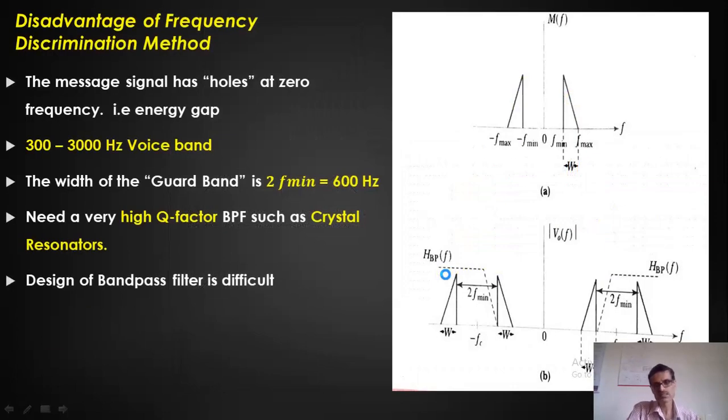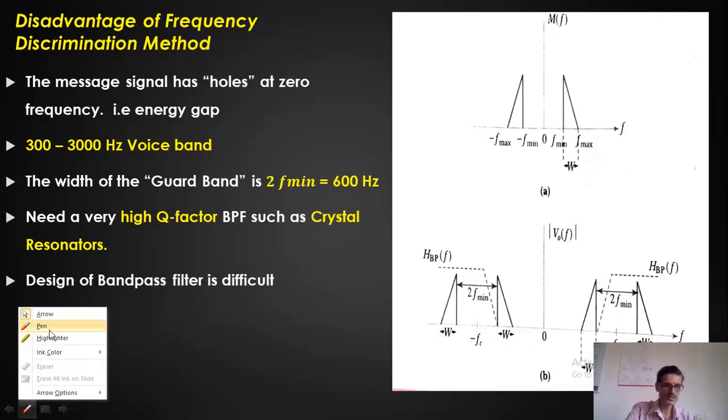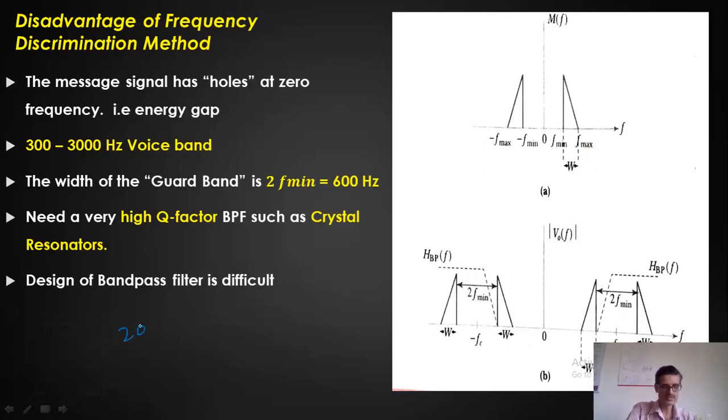Now we will understand this concept in another way. In this case, I have considered my speech signal, or say the message signal m(t), extending between some low frequency f minimum up to a frequency of f max. For example, let us take the audio band. The audio band range is 20 hertz to 20 kilohertz, right? It is not zero. Practically, we usually consider it as zero up to the highest frequency of W hertz, but the actual audio band is 20 hertz to 20 kilohertz.